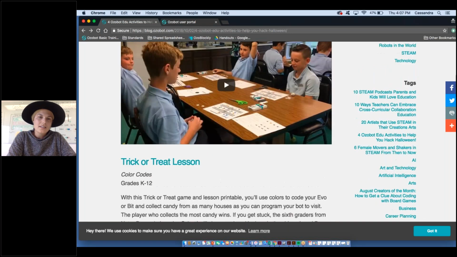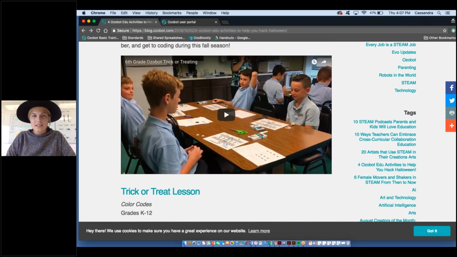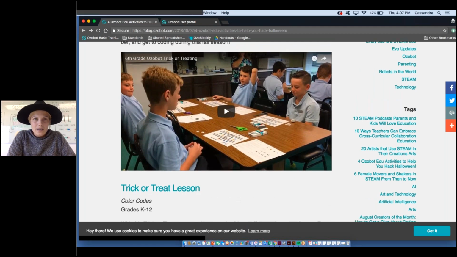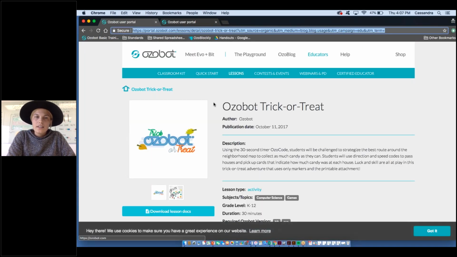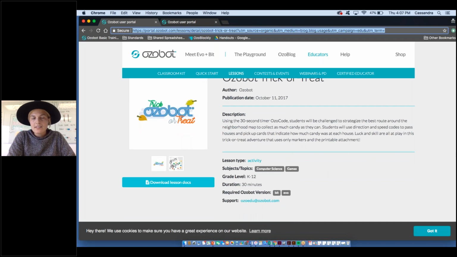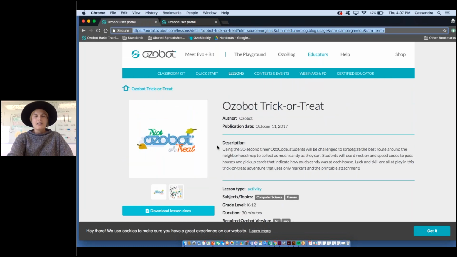Our first lesson is our trick or treat lesson. This is using color codes, and let me actually open it for you. That link is going to take you right to our lesson library where you can download the lesson documents. So this is basically a time challenge. It uses our timer code right there. It's already input. So when the Ozobot goes over it, it's going to give it 30 seconds